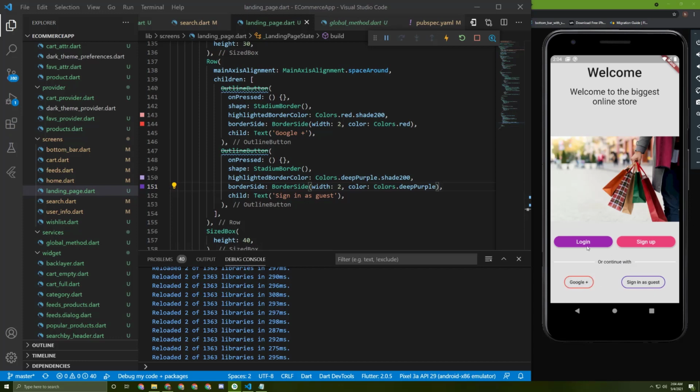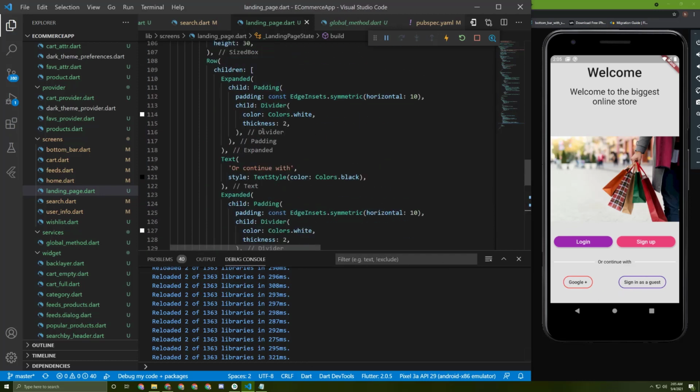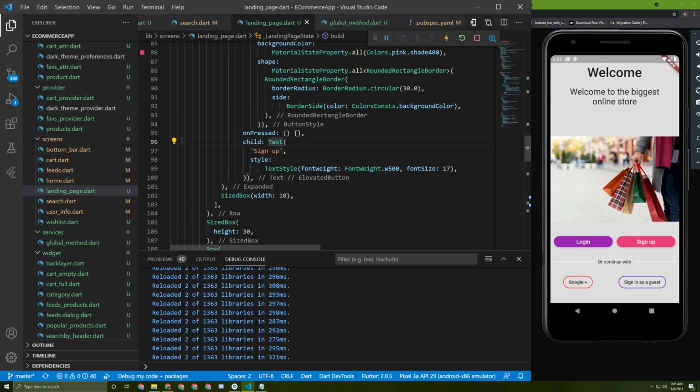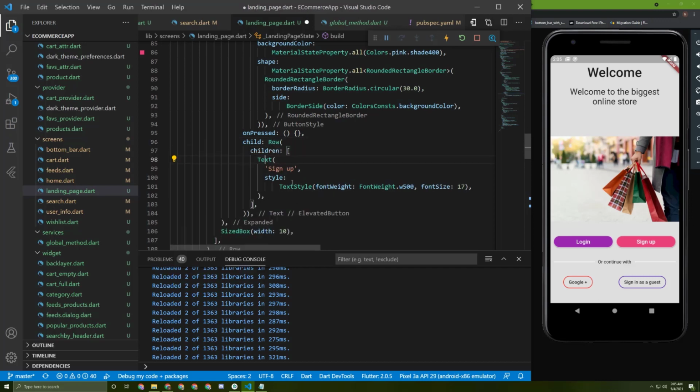So later on, the user will be allowed to register with his email, do Google sign-in, or sign in as a guest. In here, we should add a, like this. Now, let's go back to the sign up button, and in here, let's wrap it by a row,